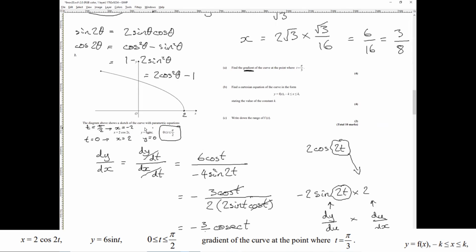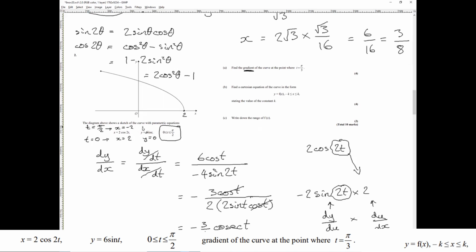And y will be? Y. What's our value of t at the moment? Is it pi? Well, minus 2. Wait, no. Our value of